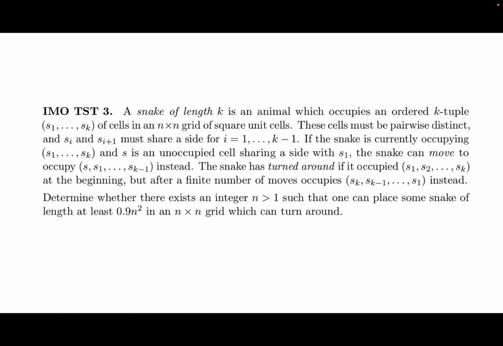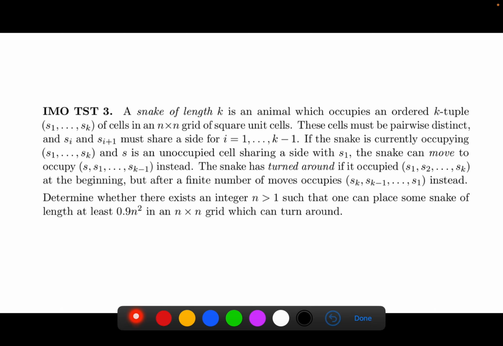They go into some of the actual definitions of what these cells are and how you define the snake and so on, but we don't actually need to do that because we can just get an intuitive sense of what a snake is. A snake is nothing but some animal of length k that lives inside the grid. It has a head and it can only move inside the square unit cells. So it can move from one